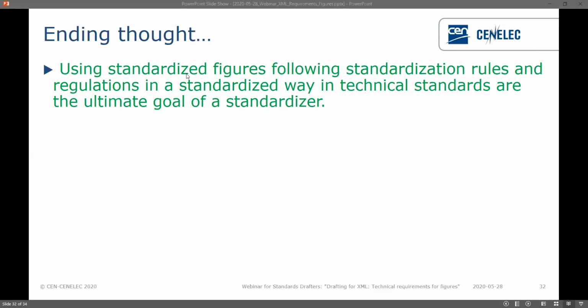And this is something we thought about, that using standardized figures, following standardization rules and regulations in a standardized way in a technical standard is the ultimate goal of a standardizer, which the editors feel themselves quite often as real standardizers, as they try to streamline the text as much as